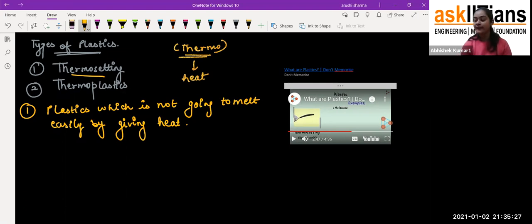We discussed that there are two types of thermosetting plastic. One is melamine, and the other is bakelite. These melamine and bakelite are polymers made up of different monomers. Students, we are not discussing that here because it is not in your syllabus right now, as there are some chemical reactions between them. You will study them later, so don't worry about it.